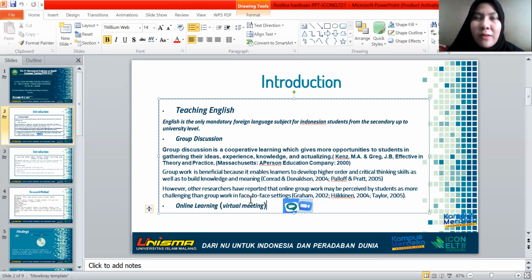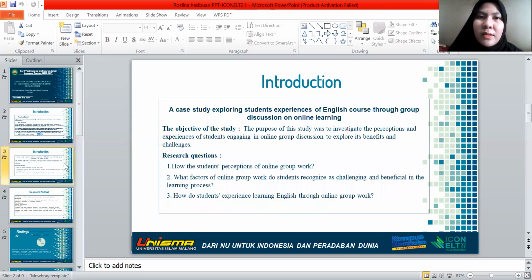So from the background above, I want to do my research about a case study exploring students' experience of English course through group discussions on online learning. The purpose of this study was to investigate the perceptions and experiences of students engaging in online group discussion to explore its benefits and challenges.